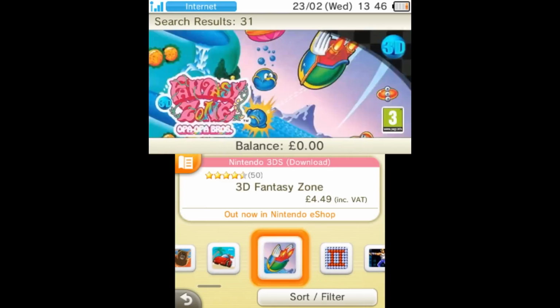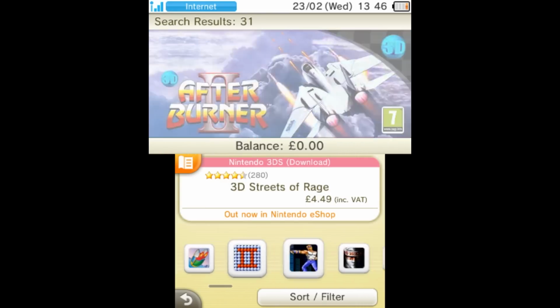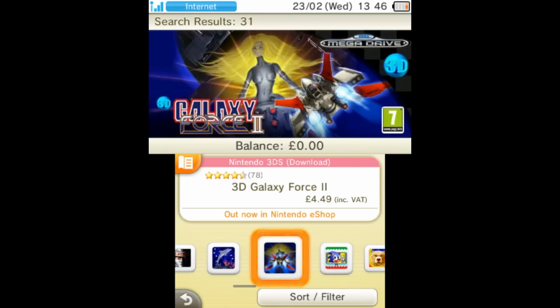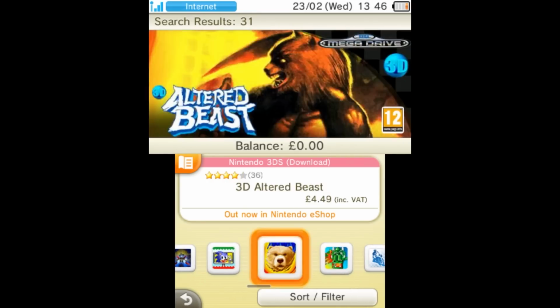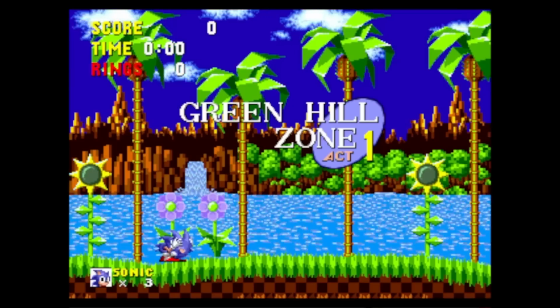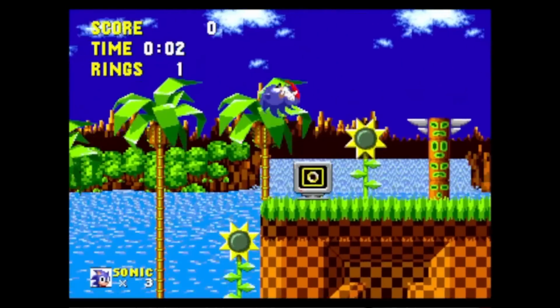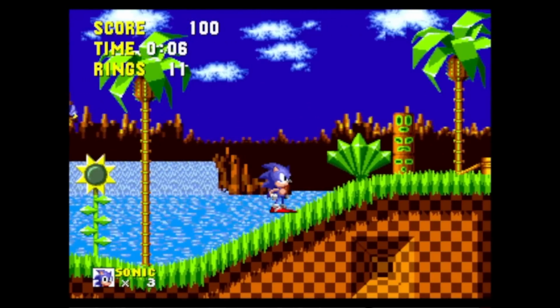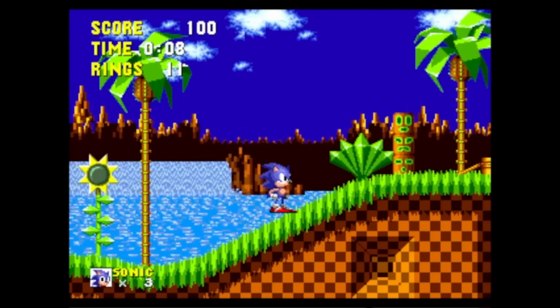Sega did a very similar thing with Sega 3D Classics. Many of these versions with their quality of life improvements made their way to the Switch on Sega Ages, but a bunch of them are still exclusive to 3DS. And even for the ones that are on Switch, the stereoscopic 3D is justified here. Seeing Sonic with all these layers is absolutely awesome, and I wish I could show you, but instead, let me just...